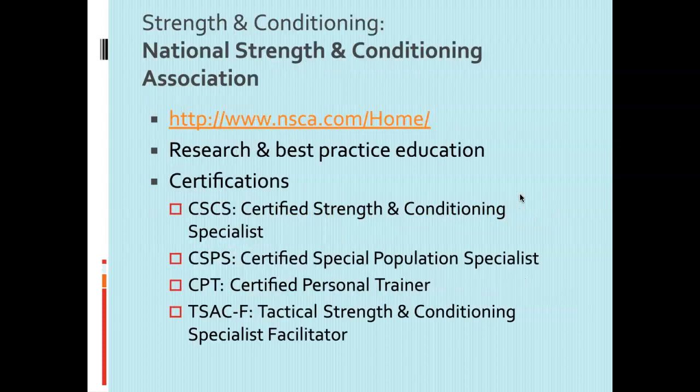Next, this is the last one of the big four, and this is really the essential one that you need to know if you want to go into sport performance or strength and conditioning, really at any level, high school, private sector, college, or beyond professional. So the NSCA, the main certification is the first one that's listed here. It's the CSCS. That is considered the Certified Strength and Conditioning Specialist certification.